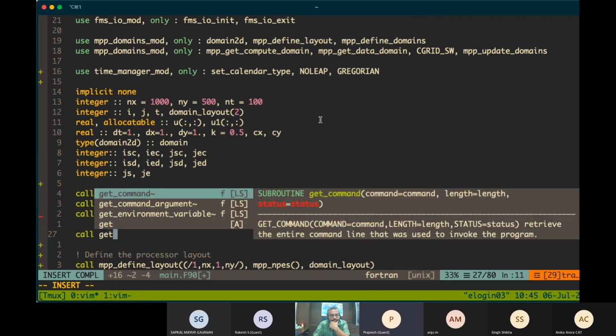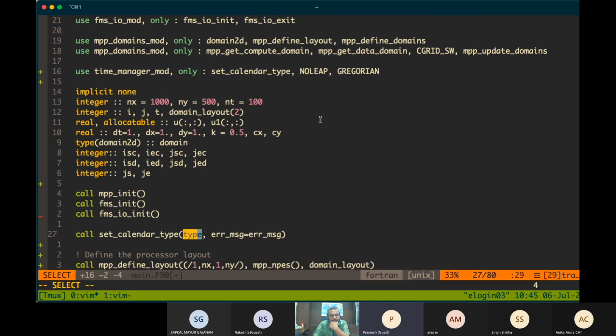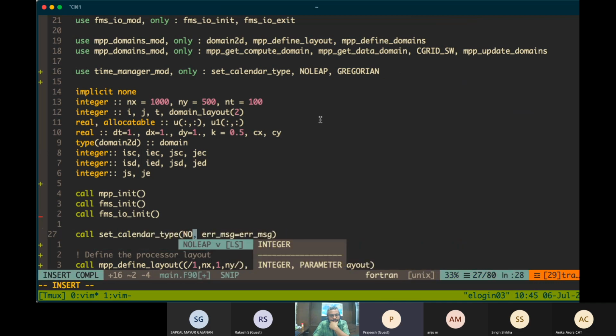The first thing you have to do is to set the calendar type. I will set it to no leap.